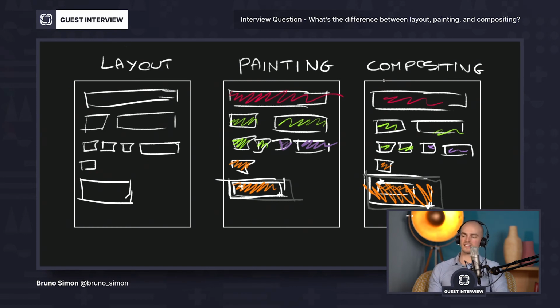And the idea is that once your page is visible, you don't want to have those freezes. You don't want the page to be frozen for half a second when you just hover this button. So you will use compositing techniques in order to have better performance, so that the GPU will do it very fast, because it will not have to repaint every visible pixel.